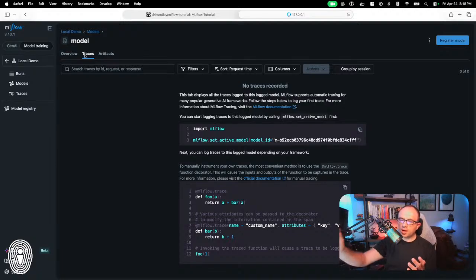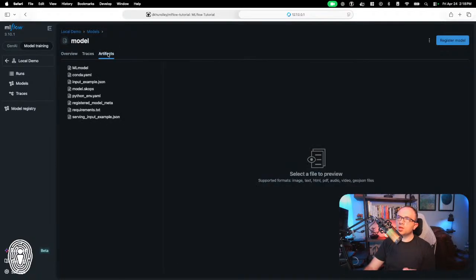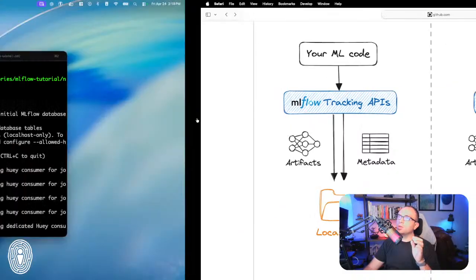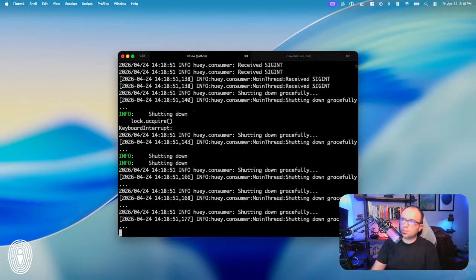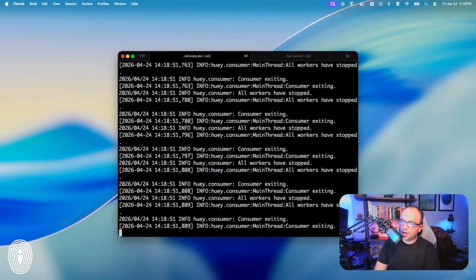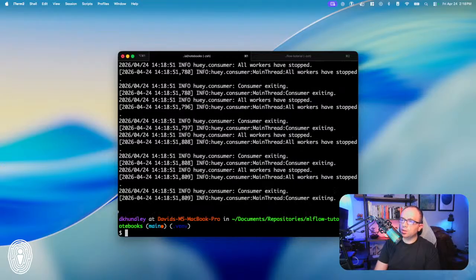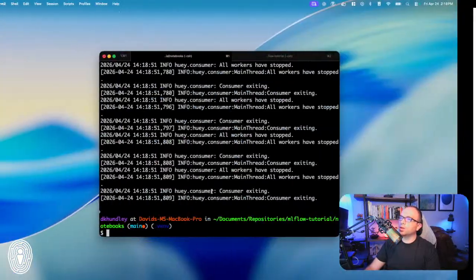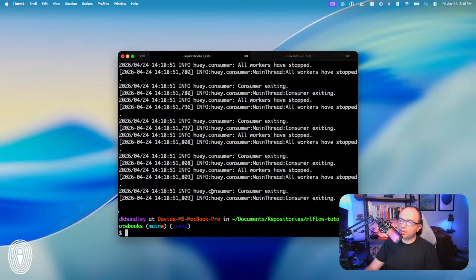So I'm not going to touch on this piece today, but you can also see the various artifacts associated with the trained model. And again, we will come back to this. Okay, so I hope that gives you a general sense of the MLflow UI. So I'm going to go ahead and shut this down, delete those backend files, and then we'll get going with the code. Is that all I wanted to cover there? In terms of concepts, yes, I think I'm good for the concepts now.